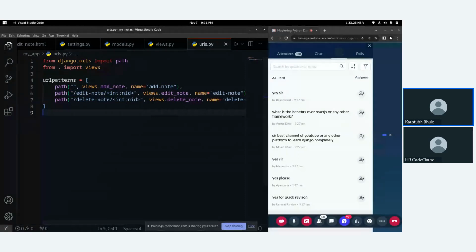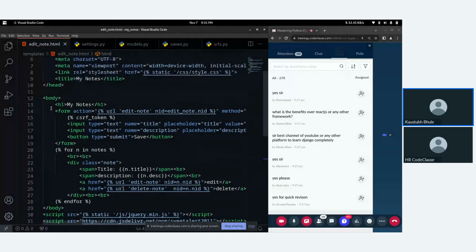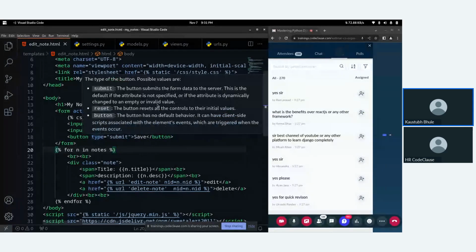Then in the HTML part, we created a form having some inputs, having name attributes and the save button. Whenever you are working with forms in Django, you need to add CSRF as a part of security to your form itself. In the form, you need to specify the URL which you want to go to after clicking on the submit button, or the button having type submit.